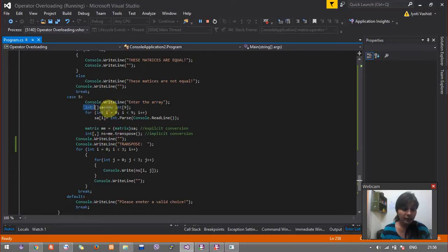For that I have used an integer array of size 9, and then I get the elements of this array from the user and store it in SA accordingly, that is by using the for loop itself. And now I create a matrix object, and then I try to convert SA into matrix. So now this is working perfectly fine because I have implemented the concept of explicit conversion above, as we saw, and then similarly I use the concept of implicit conversion, as we see